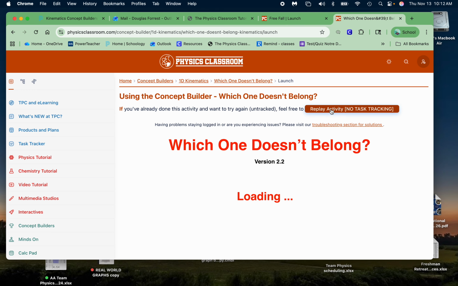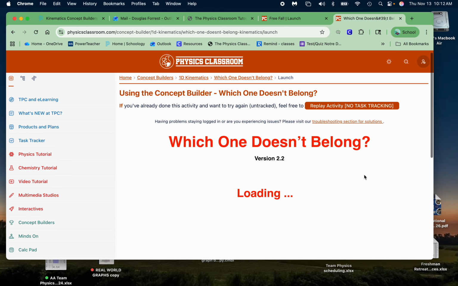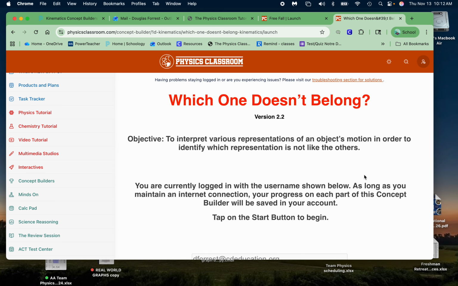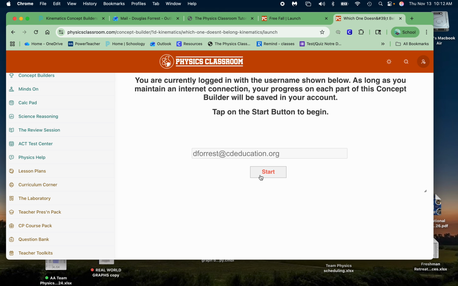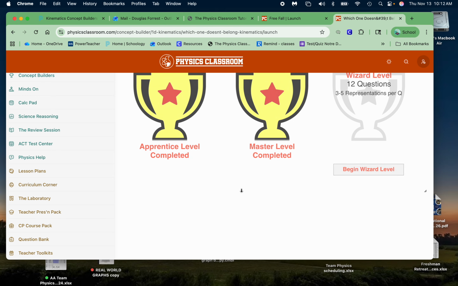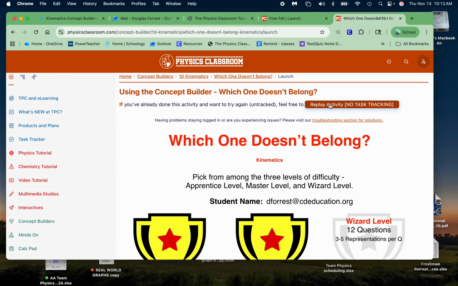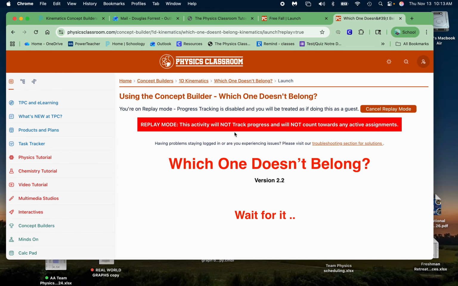And I'm going to do this with no task tracking. You want to do it with task tracking. Actually, I'll do it with task tracking. See, I don't think I've done this yet. Oh, I've already done it, so I've got to do it without task tracking. Anyhow,